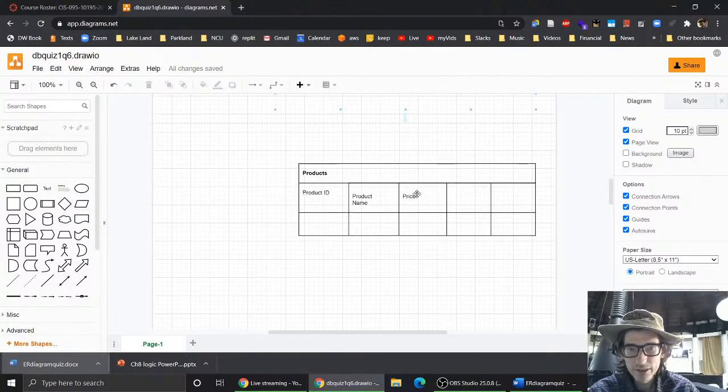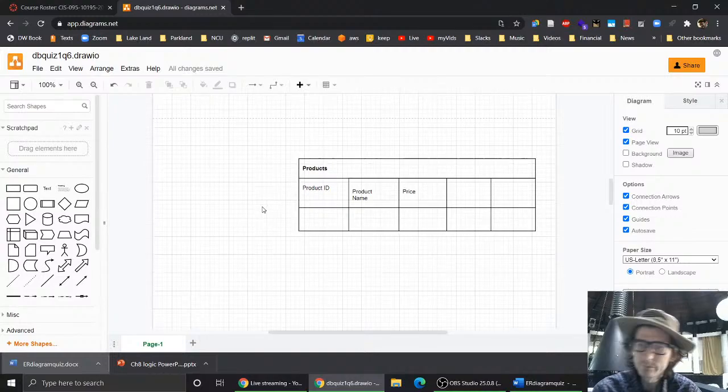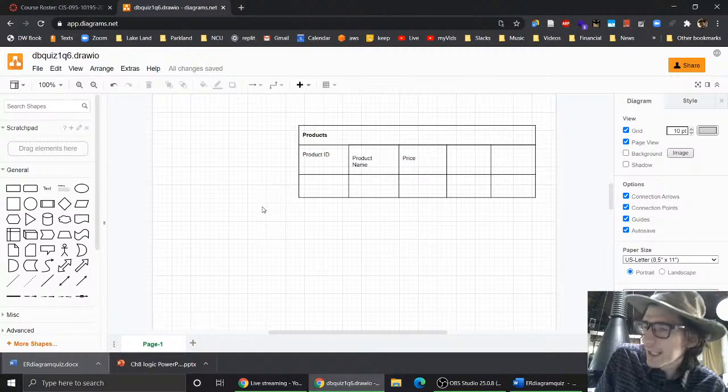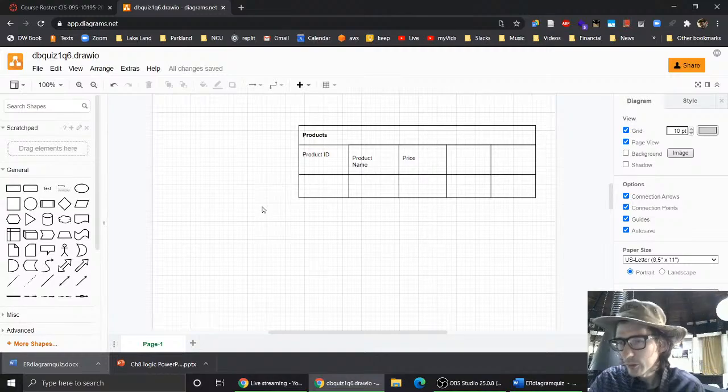A foreign key is always going to be a primary key from another table. So all we have to do is find which tables have fields in common, and one of them isn't the primary key. If they were both the primary key, well, technically two tables could have the same field name for primary key, but